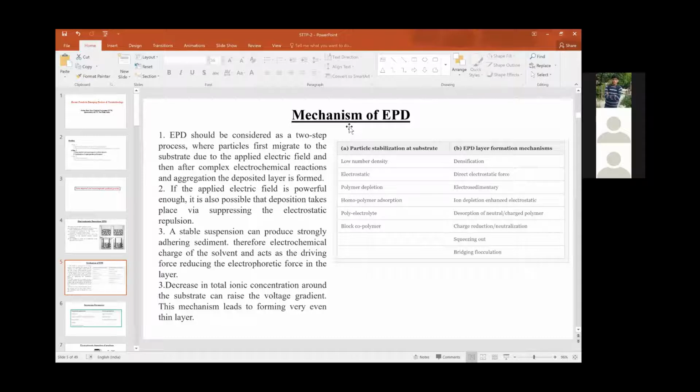And the second thing is the suspension. If our colloidal suspension is too diluted, too thin, or else too thick, there will be a problem. First, the thin solution.